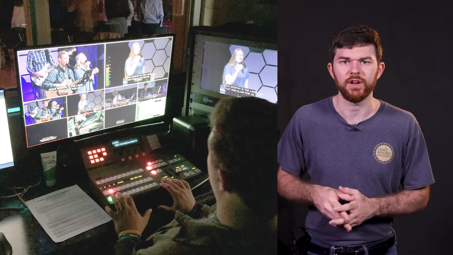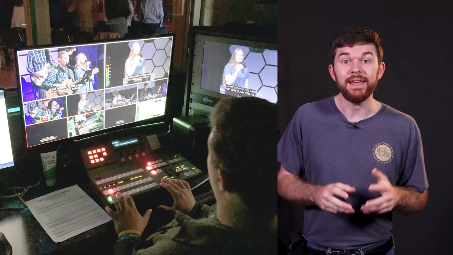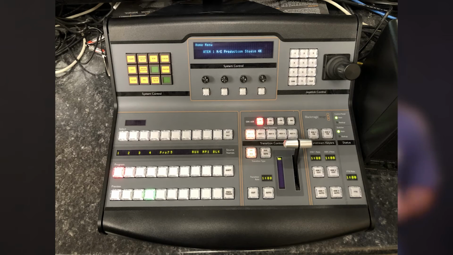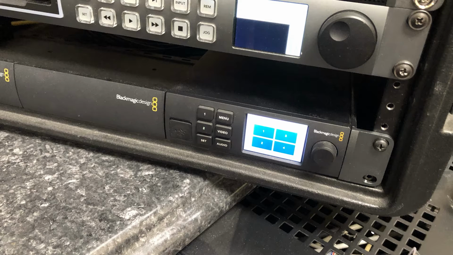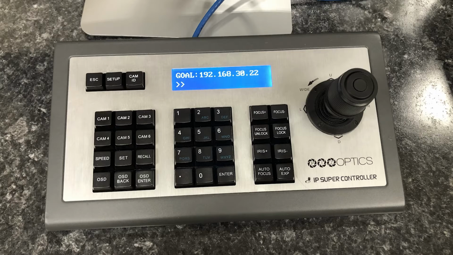There's a bunch of other stuff in there, so we'll have to do another video in the future to show you a more detailed setup. The ATEM control panel is what we're using to control the ATEM switcher. We also have a quad multi-view being generated of the 4 PTZ cameras so that the operator has their own screen that just shows the 4 cameras they're responsible for.